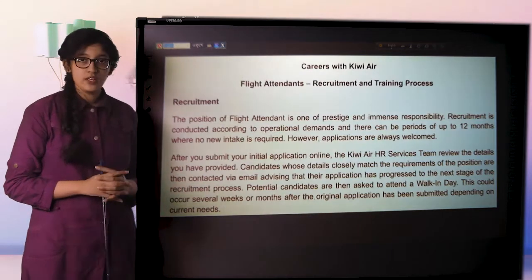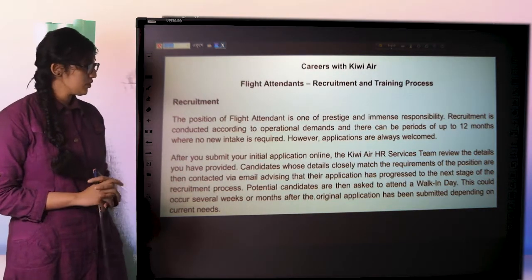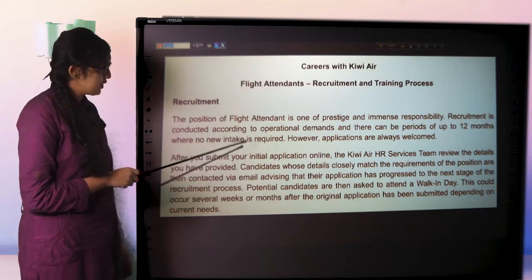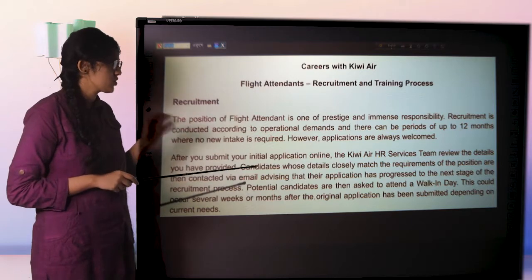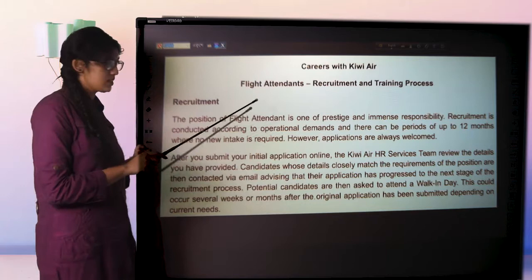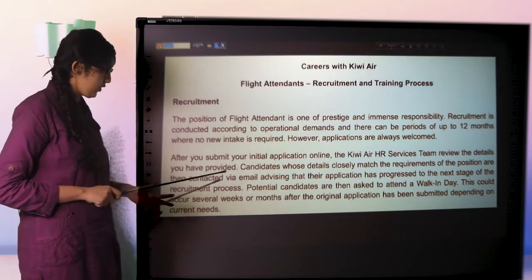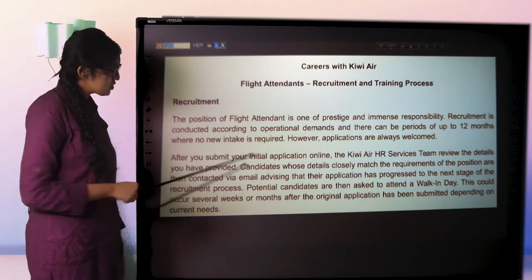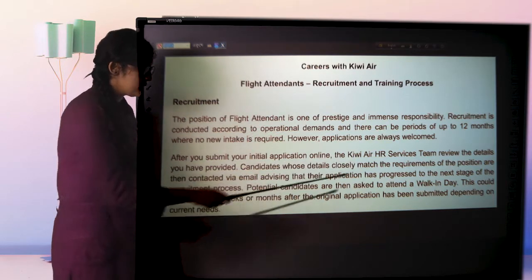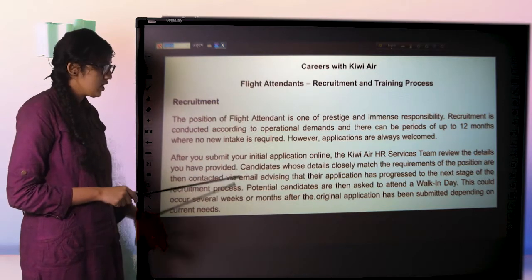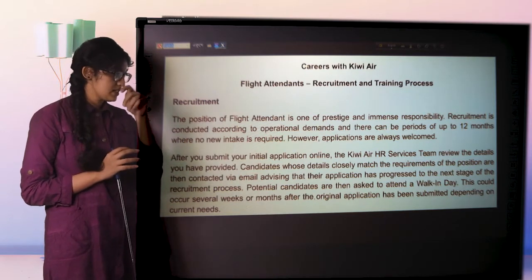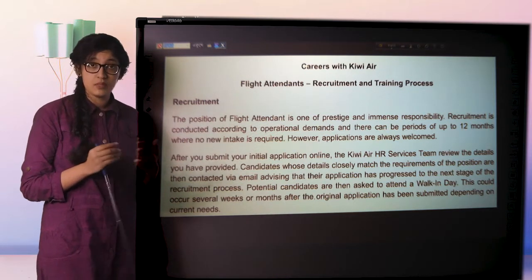So go ahead and pause the video and read the text. If you're done reading the text, then let's proceed. If you read the first paragraph, you'll notice that it doesn't really relate to the points that we highlighted earlier. So for now, let's skip this part and move on to the second paragraph. It says, after you submit your initial application online, the Kheya HR services team review the details you have provided. Again, the points we highlighted were something that the candidates had to submit online,